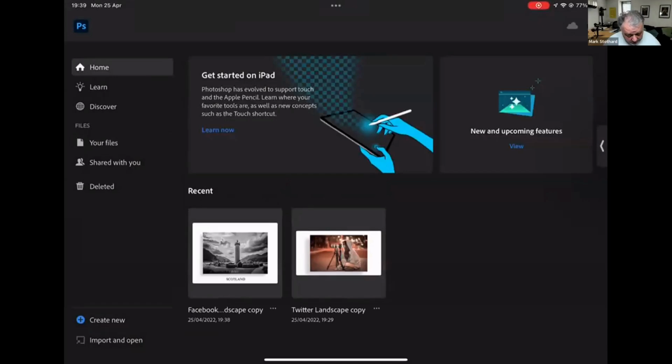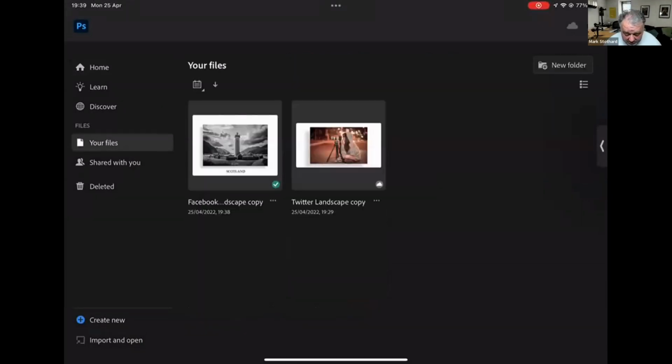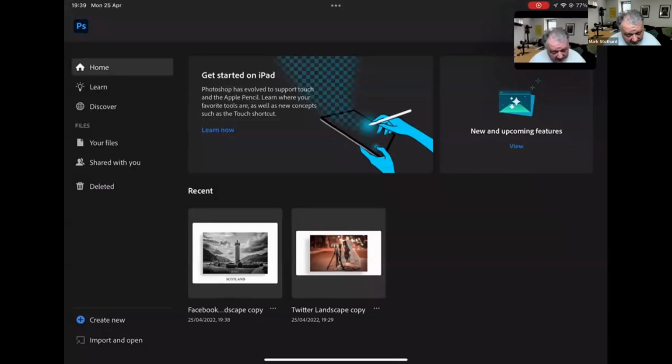If I press home, I should be able to go into it. No, because there's nothing in my Lightroom. That's why. So if I add something to my Lightroom, I go, let's go out here. I add something into my Lightroom and it's on a file. Right, so what I'm now doing is I'm just going to create a file in Lightroom. That should then hopefully come up. That's not allowing me to do it today. Import photos, files,